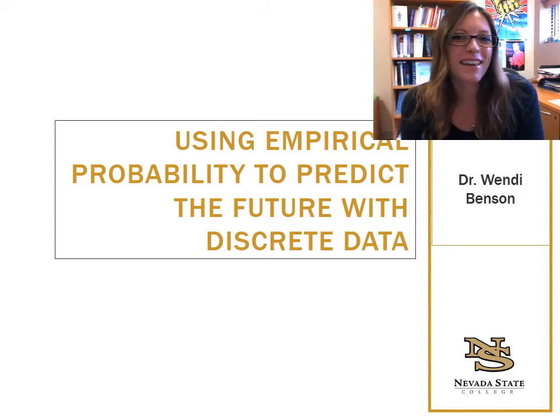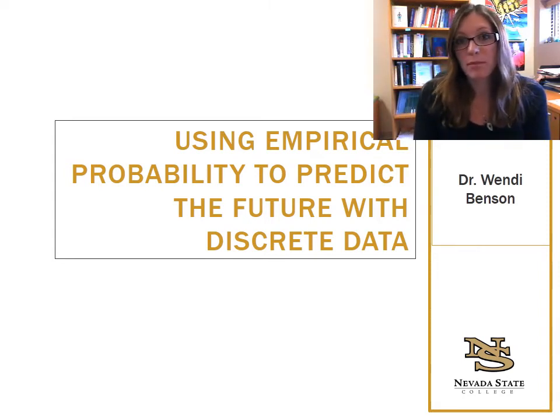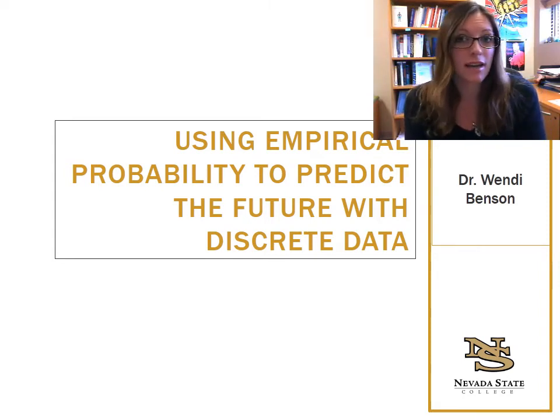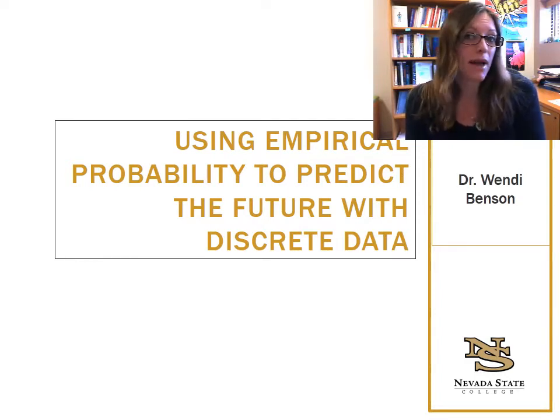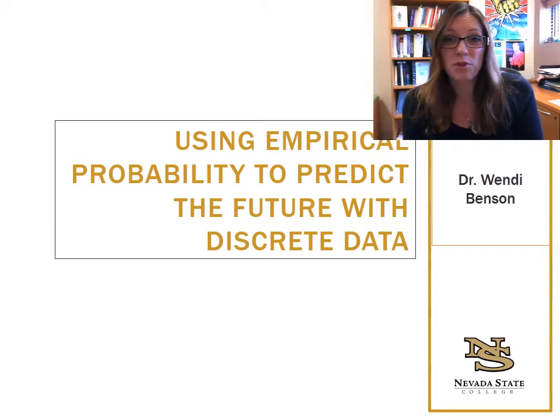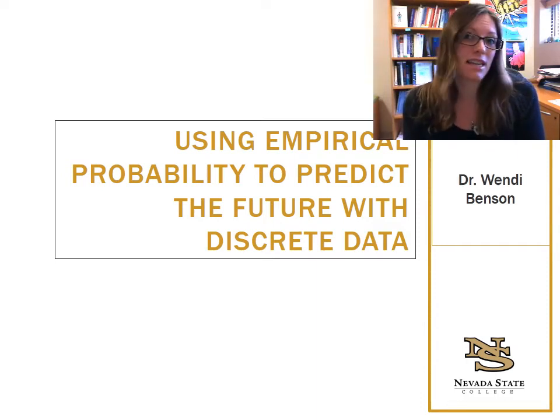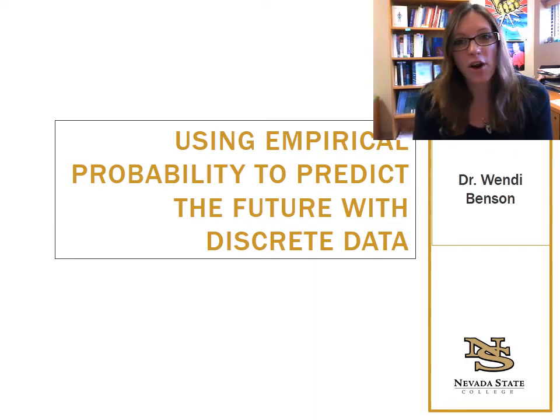Hello there. This lecture is all about empirical probability. And empirical is kind of a fancy way of saying being able to prove something based on data. So with empirical probability, you're using data that you've collected in the past to make predictions about the future, and to just understand the data in general and how likely certain outcomes were or how many people or items met